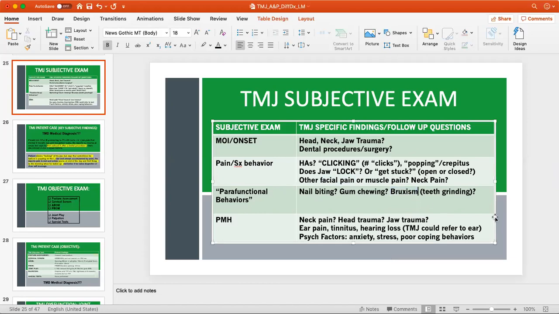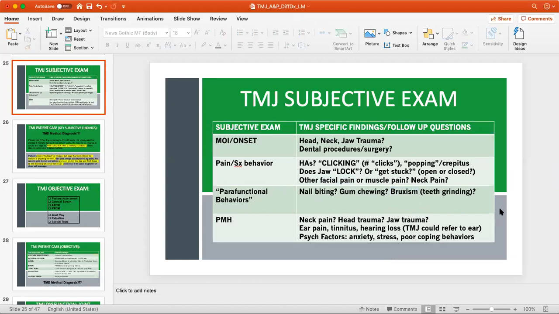Could be due to anxiety, may not be, not quite sure. Past medical history that could be significant: neck pain, head trauma, jaw trauma. Talked about those a little bit as mechanisms. Ear pain and tinnitus, hearing loss, because of the proximity of the ear to the TMJ. TMJ dysfunction could have referral to the ear, and it could